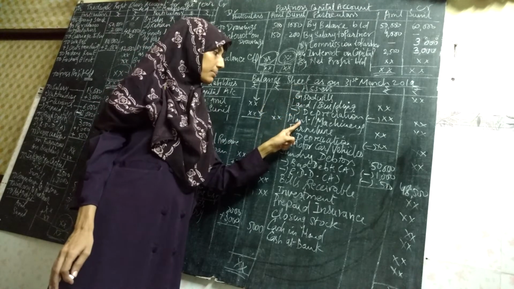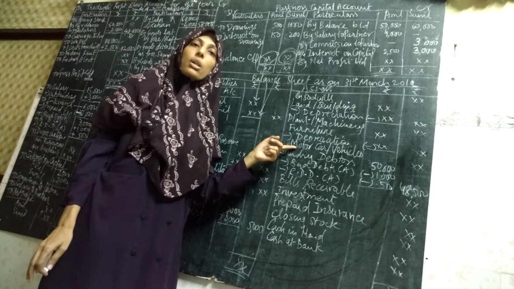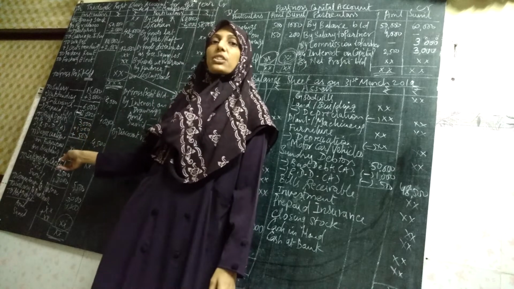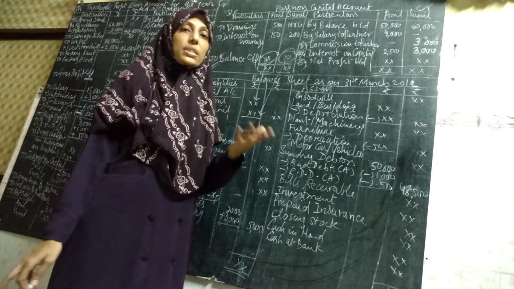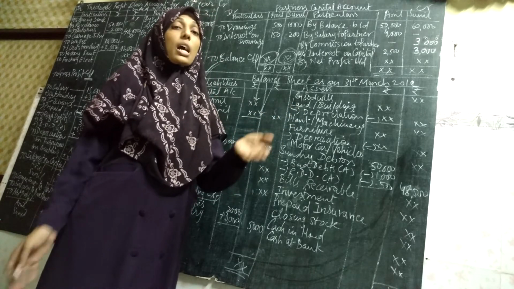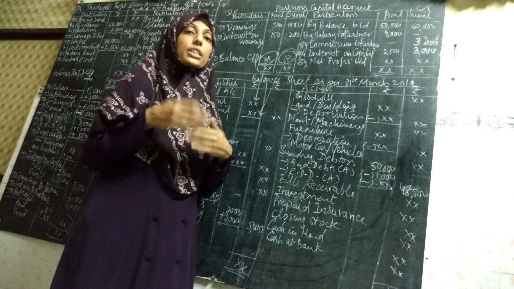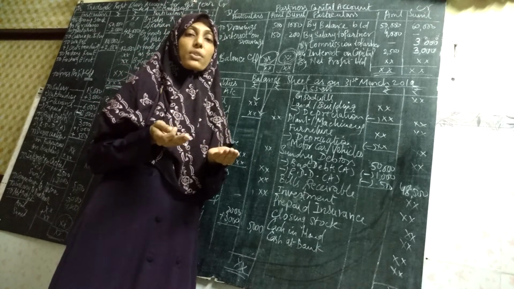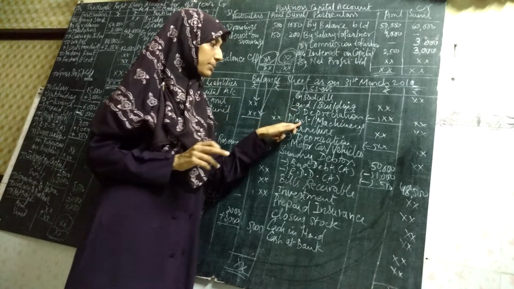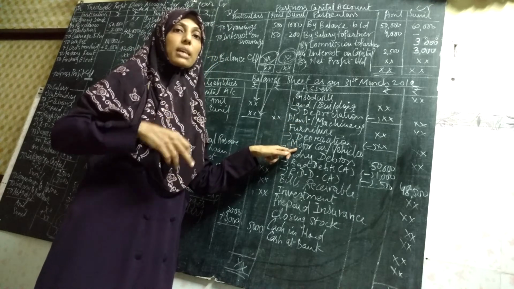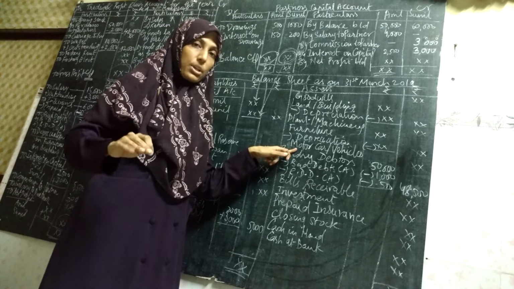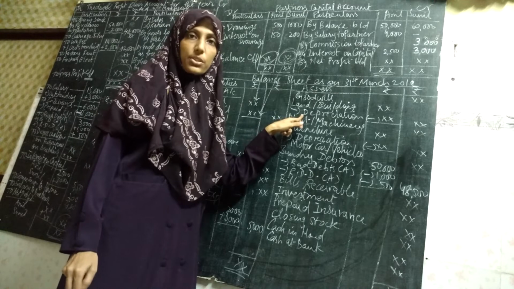Land and building, plant and machinery, furniture, motor car. These are all assets. In the last lecture, when we were doing the profit and loss account, the depreciation item had come. I had told you what the fixed assets are: land and building, plant and machinery, furniture, motor vehicle. Over the years, because of the continuous use of these fixed assets, the value of the fixed asset goes down. The businessman is continuously using these assets, so will their value remain intact? No, the value will reduce. The reduction in the value is called depreciation.